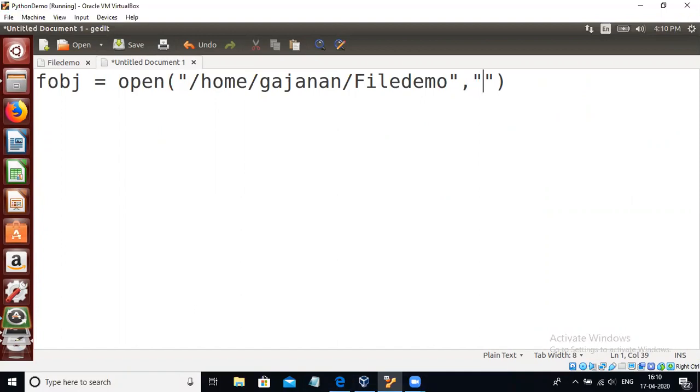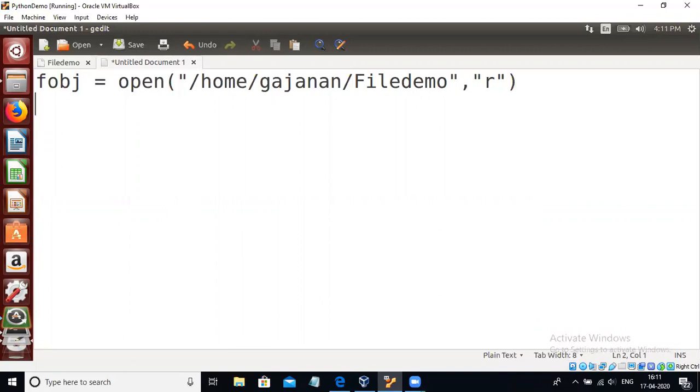The second parameter for open is the mode. If you want to read the file, specify the read mode. If you want to perform the write operation, then specify the write mode. You can use A for append mode, W for writing mode, and X mode, right? Now we have created the object of the file. What is the meaning of this sentence? The content of file demo is stored in the file object, and then we will print the contents of the file. Now how can you print the contents of a file with the help of a for loop?